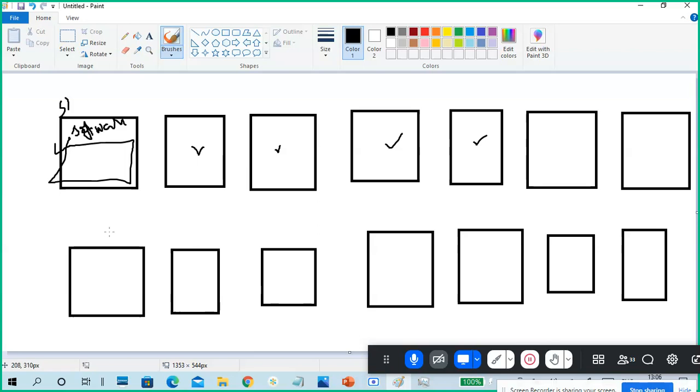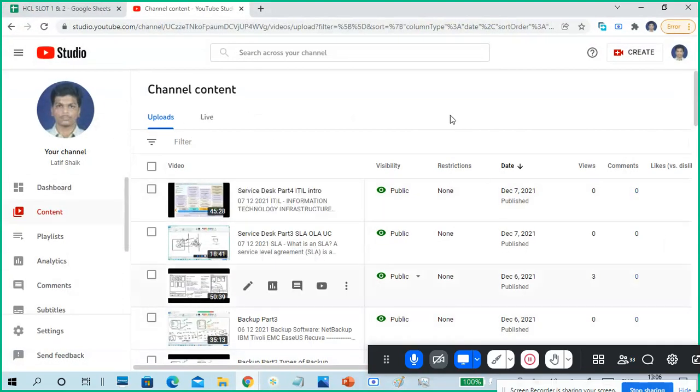Centrally, I am monitoring. I no need to go to each individual PC. Each PC status I know from the single screen only. Just like I open a screen and I know each and every PC how it is performing.